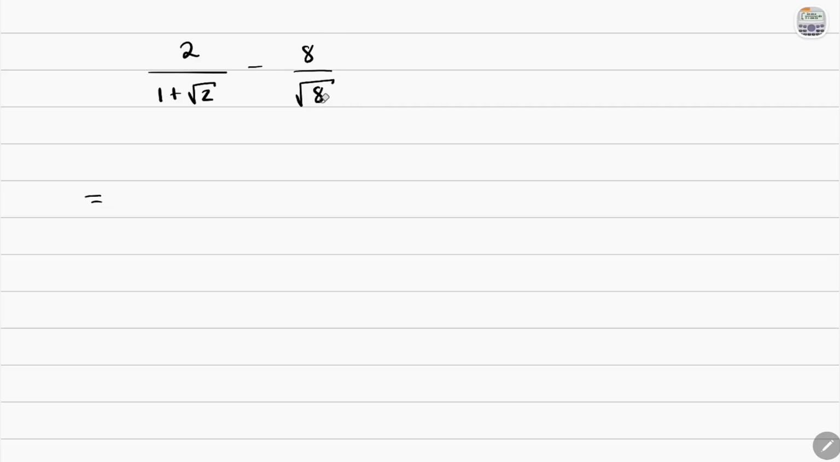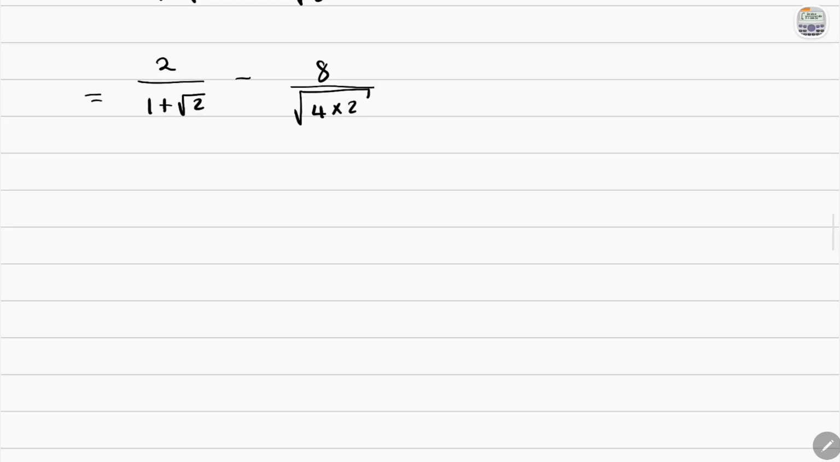Okay, the square root of 8 can be rewritten as a simplified surd. So this is 2 over 1 plus square root 2, minus 8 over the square root of 8, which you can rewrite as 4 times 2, because 4 is a square number and so we can square root that. So this is equal to 2 over 1 plus square root 2, minus 8 over